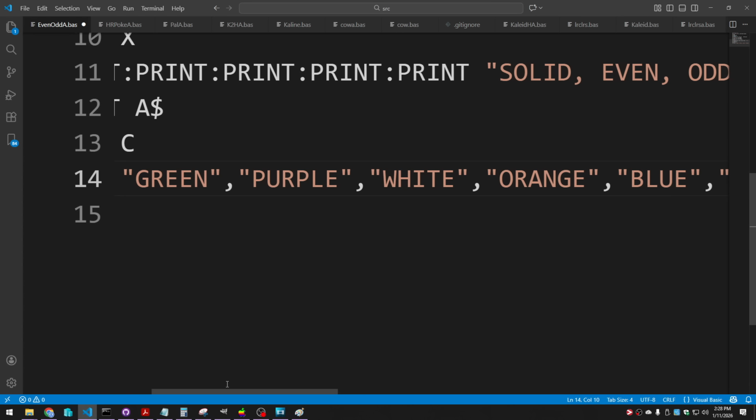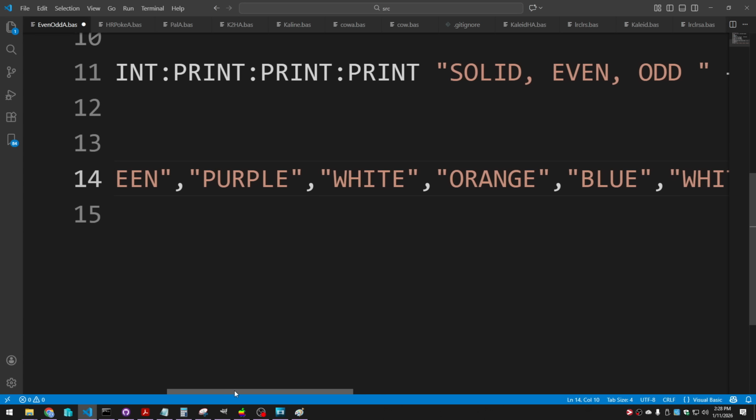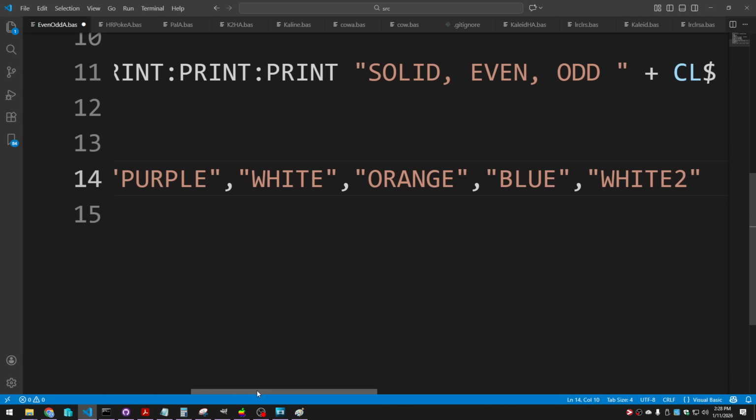Maybe the CoCo with Extended Color BASIC has an unfair advantage. If this isn't your cup of tea, I'm going to have to wait until that garbage truck is done, aren't I? Now let's cycle through all the colors, and we're going to do 3 lines at a time. Apple II Plus with AppleSoft BASIC, and the TRS-80 Color Computer,